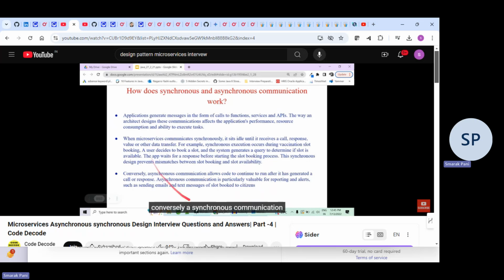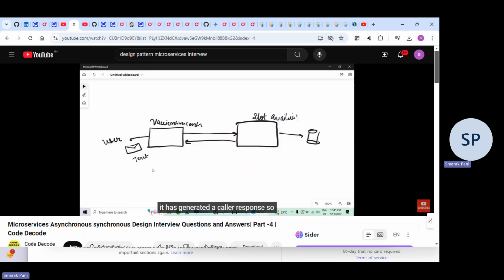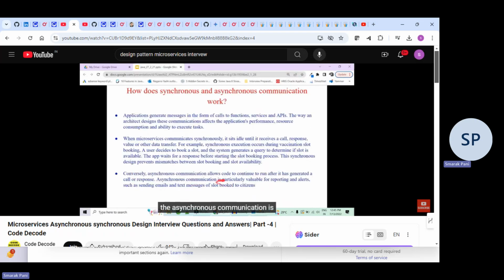Conversely, asynchronous communication allows code to continue to run even after it has generated a call or a response. So even after you have sent a response, some processing is still being done after that. That is asynchronous communication. Asynchronous communication is particularly valuable for reporting and alerts. For example, sending an email or text message that your slot is booked to which particular vaccination center, at what